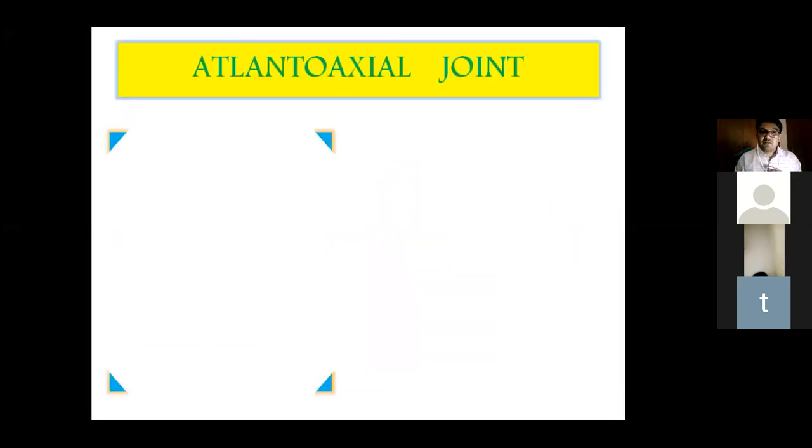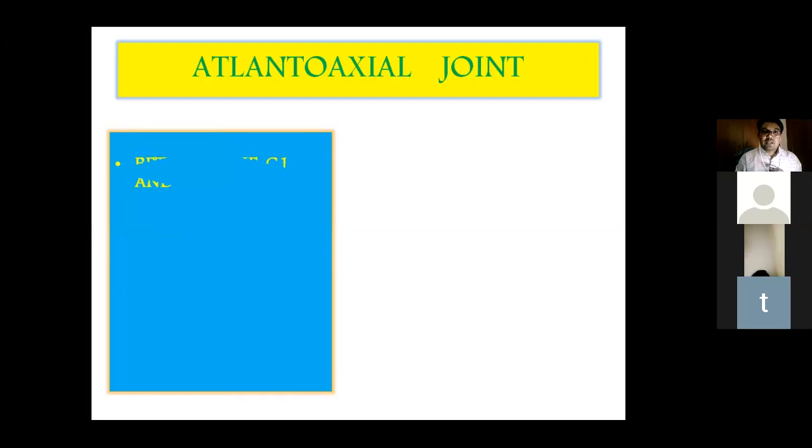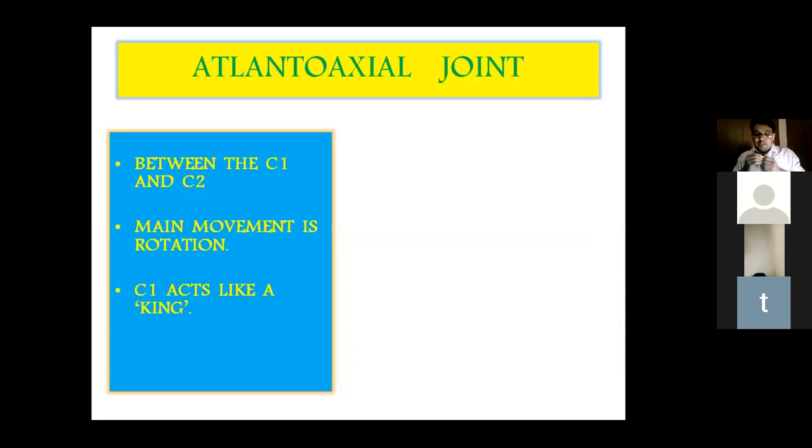Let's see what is happening in C1 and C2, which is the atlantoaxial joint. This is the joint between C1 and C2, and the main movement is rotation. See, C1 and C2 is rotation dominant. The rotational movement is having the